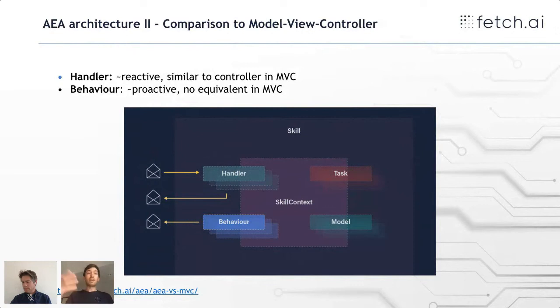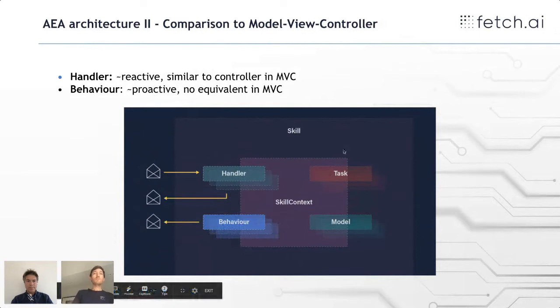You can make it do stuff, but most won't. They will be purely reactive to user input. And that's what our framework is centered around. We want the AEA to do stuff for you. So it needs to have some concept of behaviors, the proactiveness, where it initiates, for example, a negotiation with other agents and things like that. Again, there's a link below where you can find more information on that.